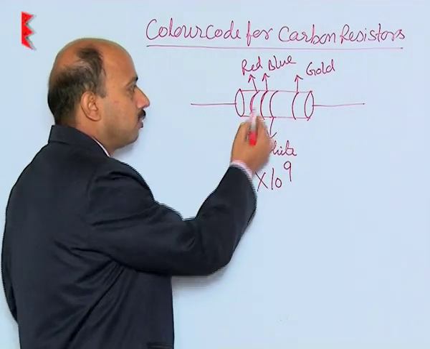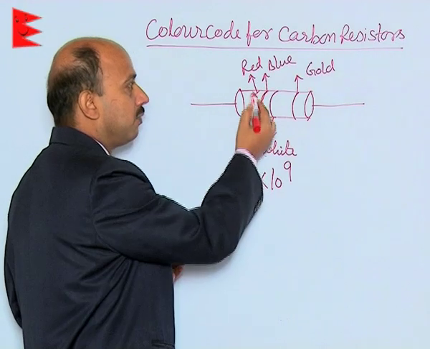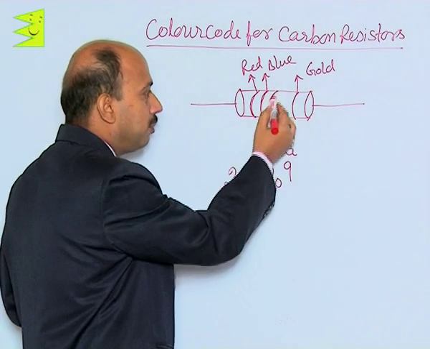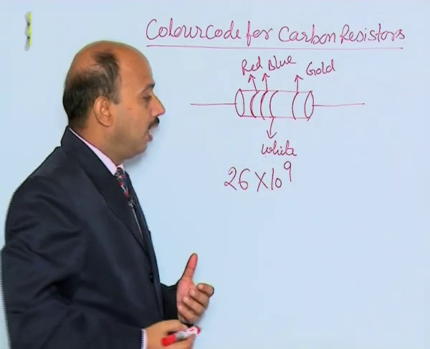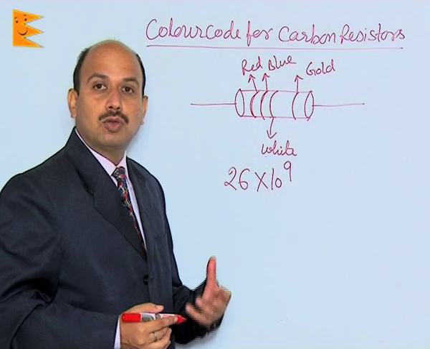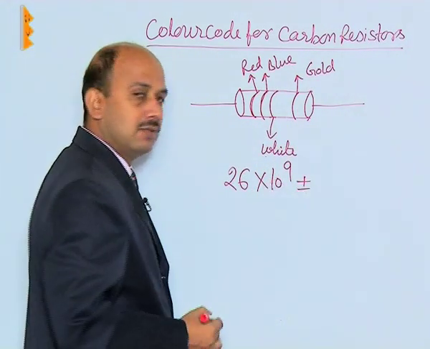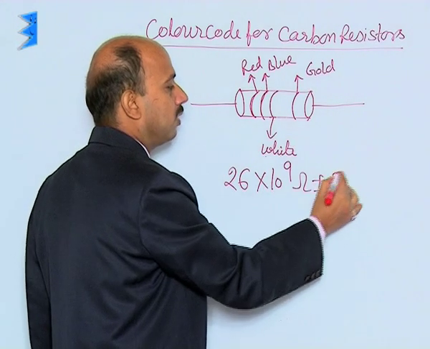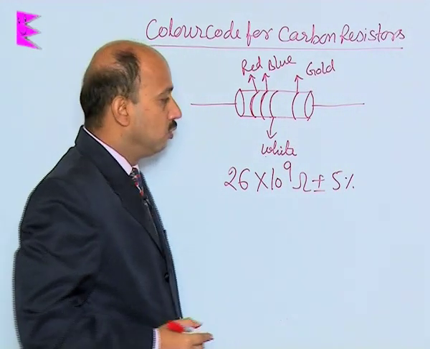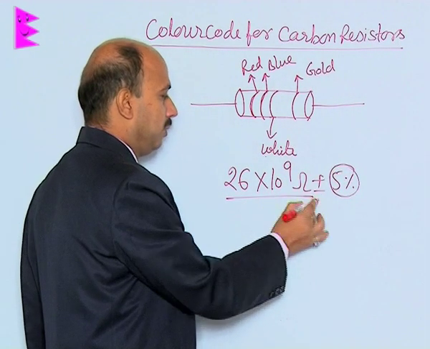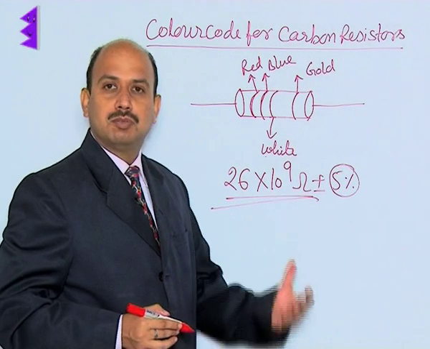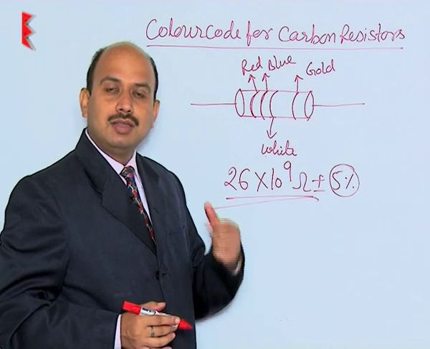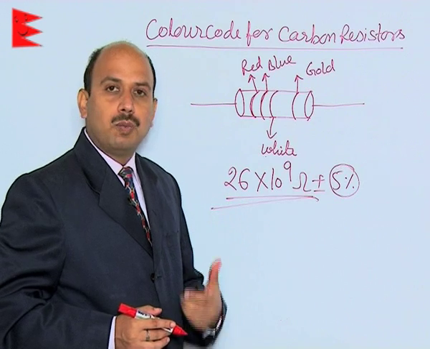So, now see here, we have written the value numbers for the first two colors, for the red is 2 and for the blue is 6, and then the third color is representing the multiplier, and then the fourth color is representing actually the tolerance. So, we can write here ohm, and plus minus tolerance, for the gold it is 5%. So, the tolerance actually shows that this value can be used within the range of 5% more or 5% less. So, just by seeing the carbon resistors and their rings of different colors, we can calculate its